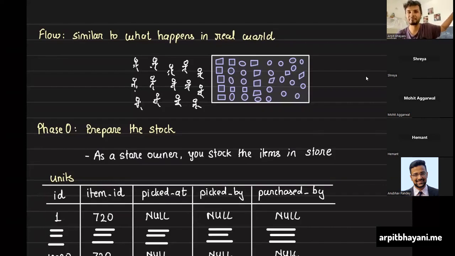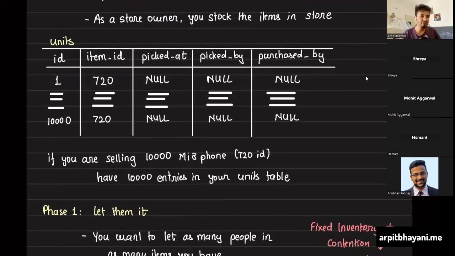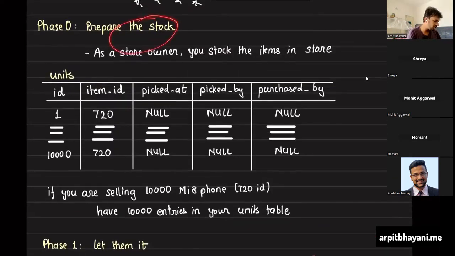Hey, we have a sale. Now what happens is people gather in front of the store, which is the same as, if my flash sale is at 10 a.m., people gathering or visiting the website. It's equal to people gathering near the store, right? So the first step is we prepare the stock for whatever entities we have. Let's say I am selling a Xiaomi phone, item ID 720, product ID 720, and these are actual units of that. 10,000 units, I'll have 10,000 rows over here. Now, for each unit, I'll have some meta information which we'll talk about. Don't worry about it.